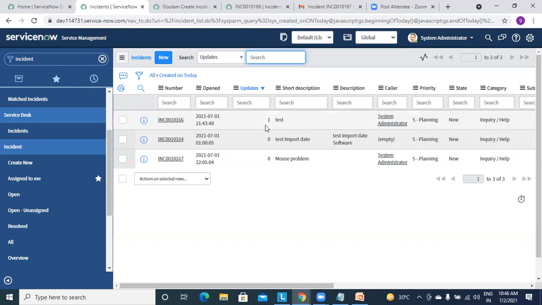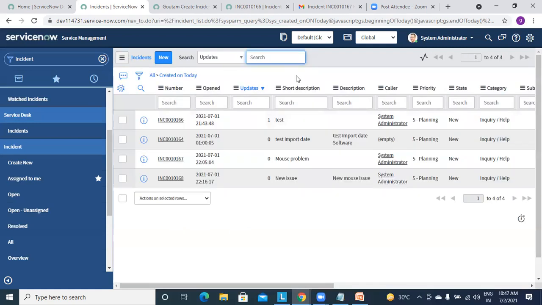They will check if these updates are more than 10 or not. Ten means you are just doing rework on the same incident, so that is a performance issue of IT desk people, right? So in such conditions they will check how many times that person is updating the same incident. So this is for that purpose. And there should be one more field also, I think reassignment count or something. We will check even that.